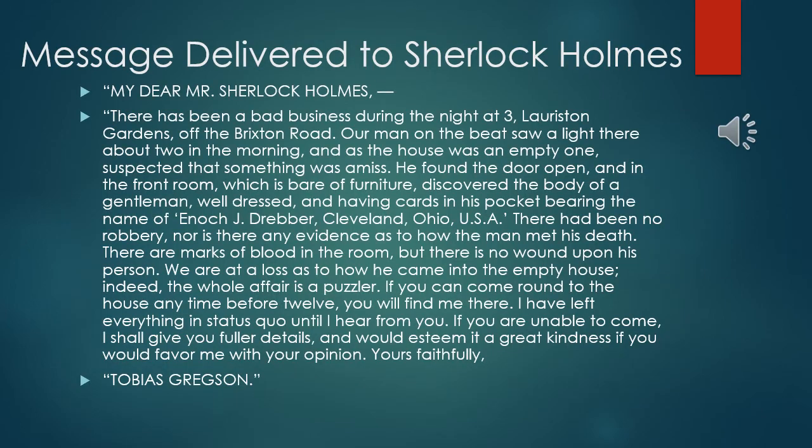My dear Mr. Sherlock Holmes, there has been a bad business during the night at 3 Laurelston Gardens off the Brixton Road. Our man on the beat saw a light there about 2 in the morning, and as the house was an empty one, suspected that something was amiss. He found the door open, and in the front room, which is bare of furniture, discovered the body of a